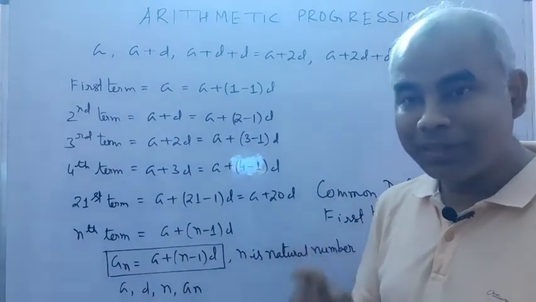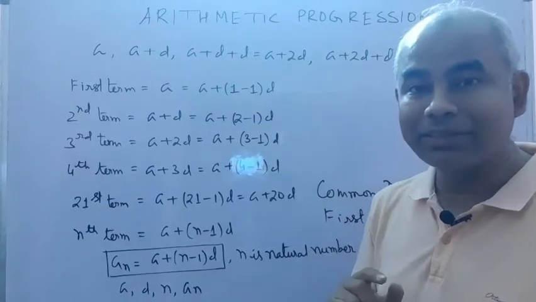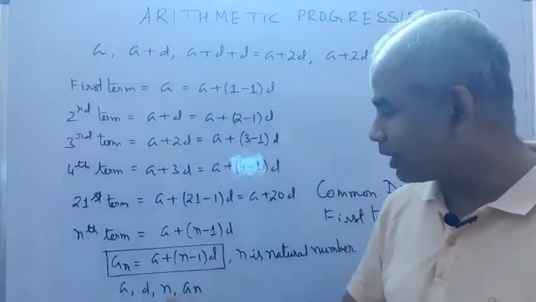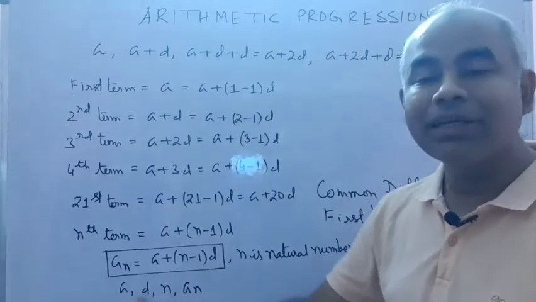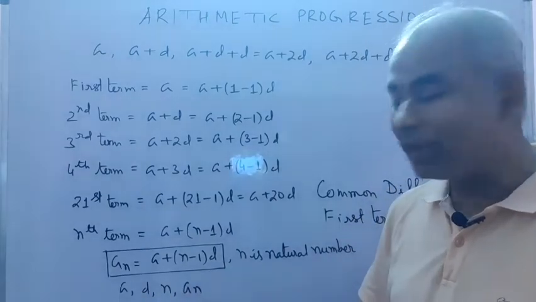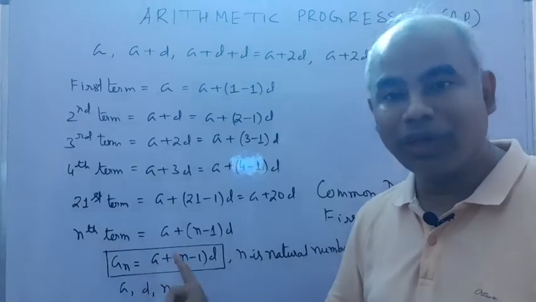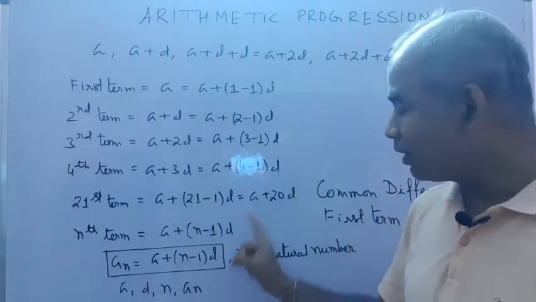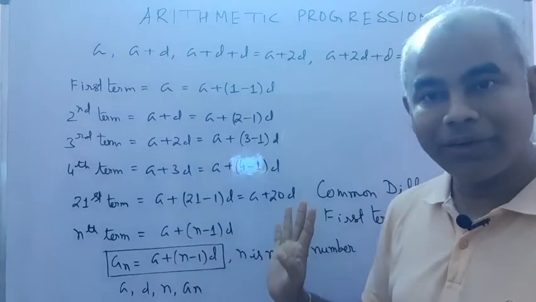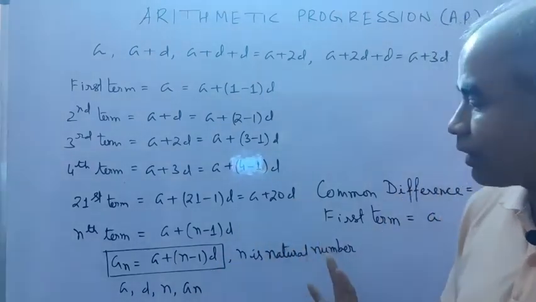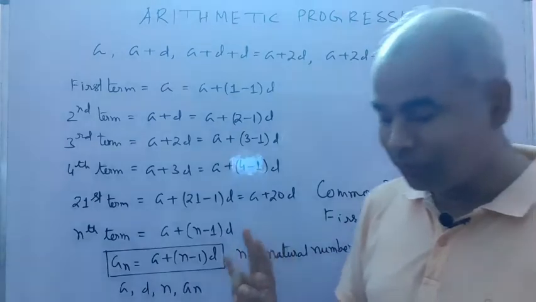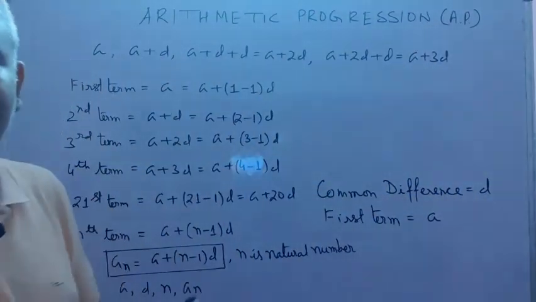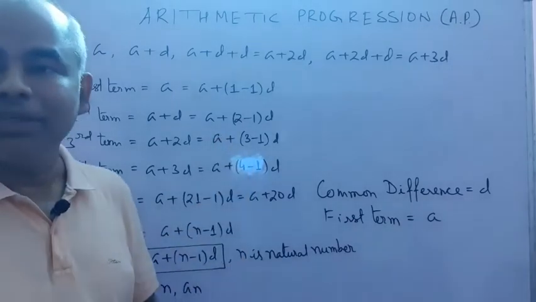So you will have your questions based on this formula. Basically in these questions, out of these 4 quantities, 3 quantities are given in your question. The 4th one you need to find out. Clear? So this is the nth term of an AP. We'll discuss the questions in one more video. Today I am discussing the basic things only.